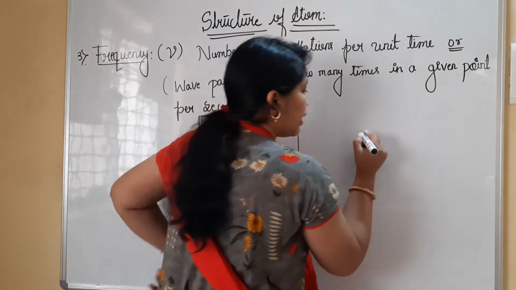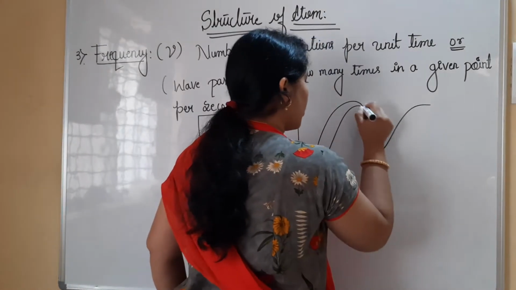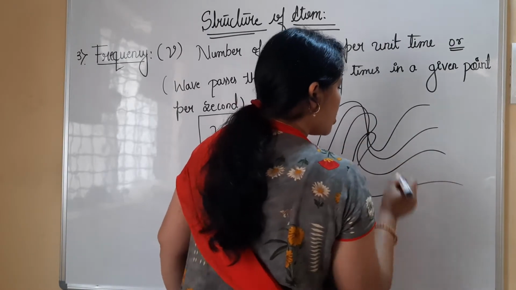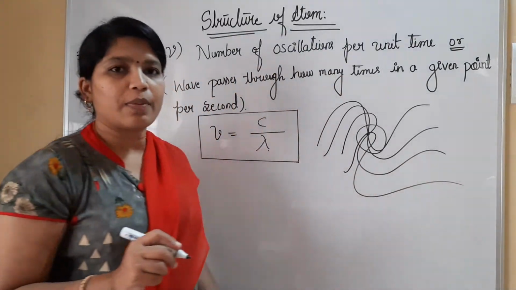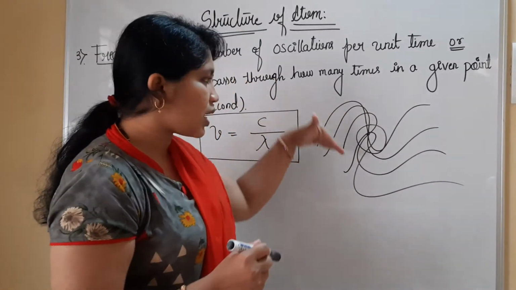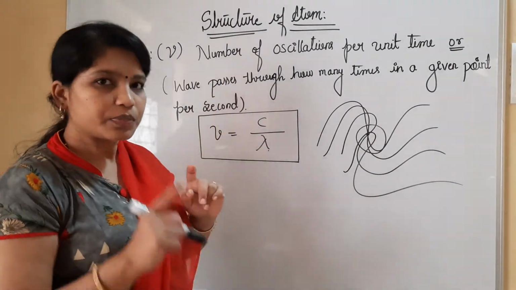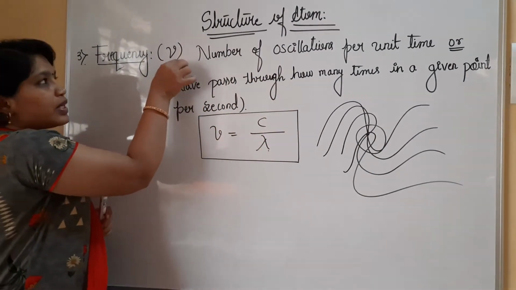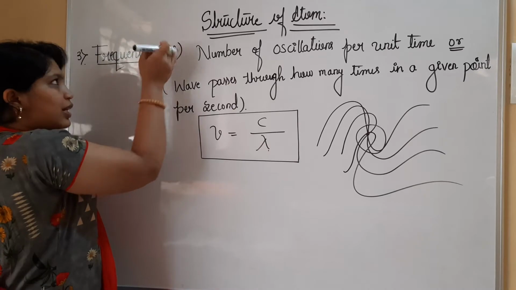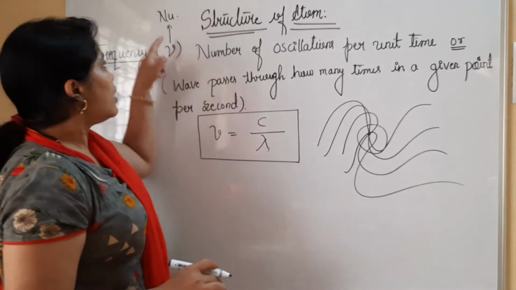Just listen to me. I have one point here, okay. I'll be having so many times wave is moving here, and wave is moving and so on it is doing. So how many times this wave is going to be passed through with this point in 1 second? How many times does this wave touch that point within 1 second, that is called as frequency. Remember, frequency is represented by nu. This sign, it is not exactly V, it is just tilted, it is called as nu. Representation of frequency is nu.